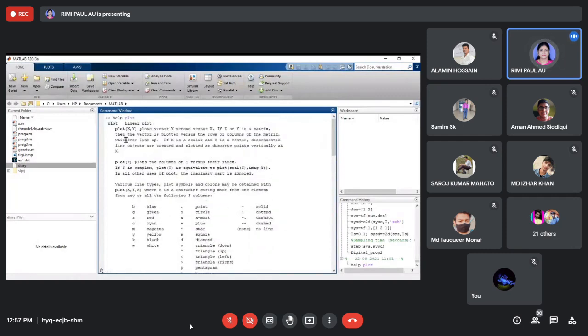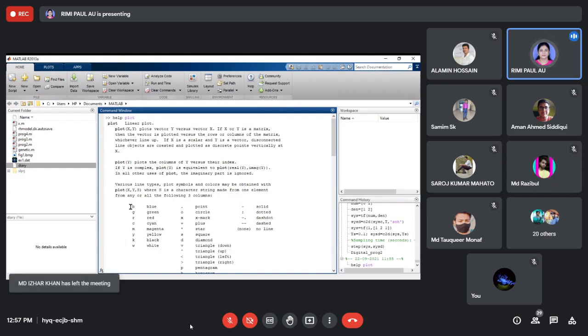What is plot? How to write this plot command? MATLAB is user friendly. You don't need anyone. If you try it alone, if you face any problem, you can go to the help, and you can search it, you can get every detail. That's why MATLAB is a very user friendly software.